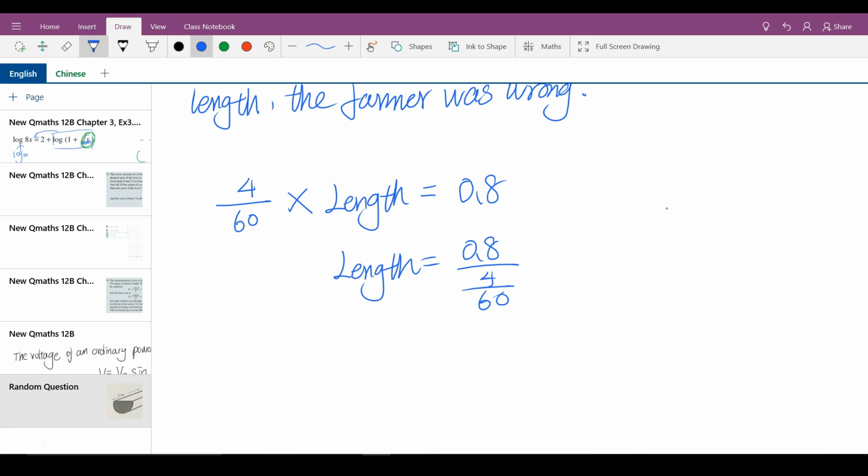Let's write it this way. Divided by 4/60 is just equal to 0.8 multiplied by 60/4,